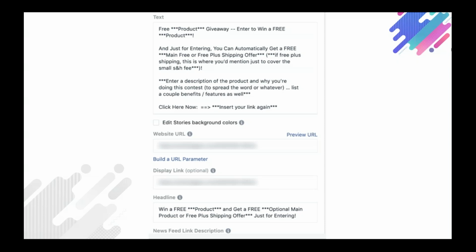If you do a giveaway, you want to make sure the first line sums up the entire thing. If I was doing a giveaway, what would the first line be? It'd probably be something like: free whatever giveaway, enter to win a free, blah blah blah. And then after you have that sentence by itself, what I often do, and this is a cool trick and a template that we'll actually pass on to you guys,